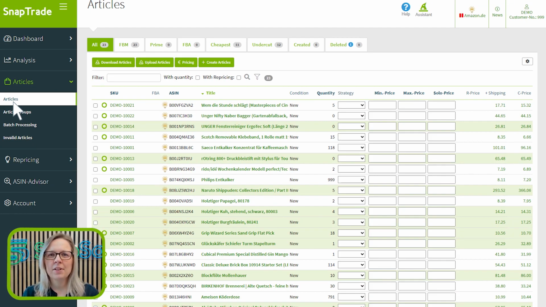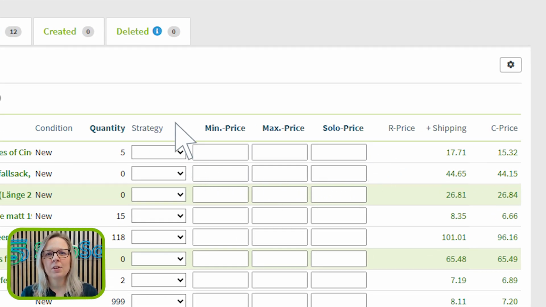For price optimization on Amazon with SnapTrade, it is necessary to assign both a price range and a strategy to the items. The price range establishes the framework for price optimization to operate effectively and efficiently.